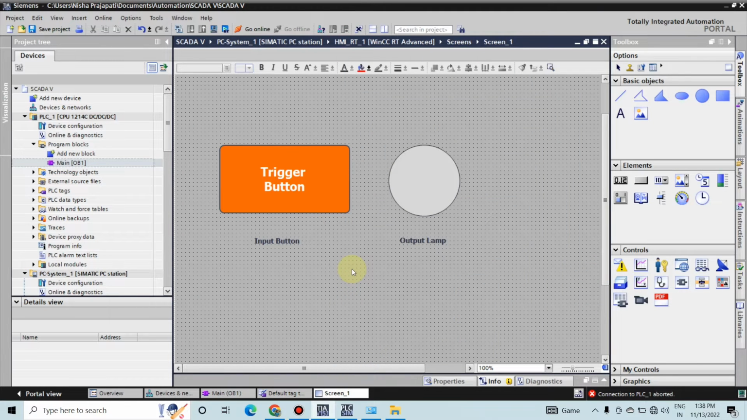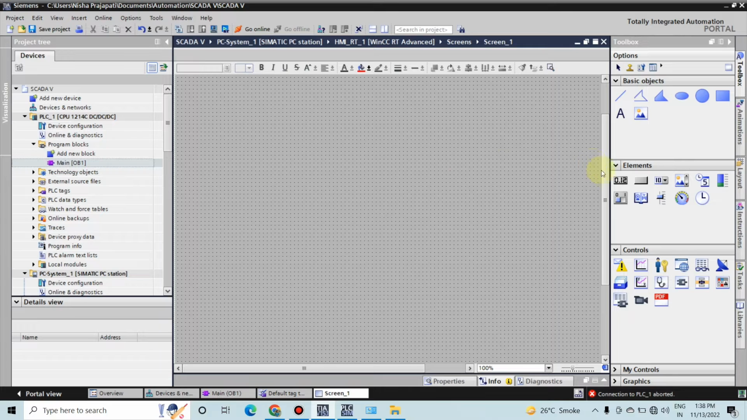Hello and welcome back. So today we'll learn about IO field. You can find this IO field element in element categories. So what is the use of IO field? The IO field is used for display numeric digit